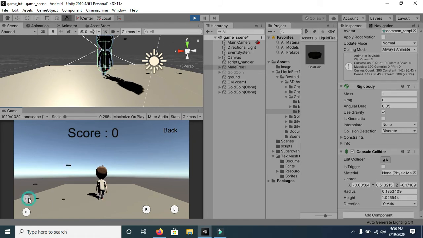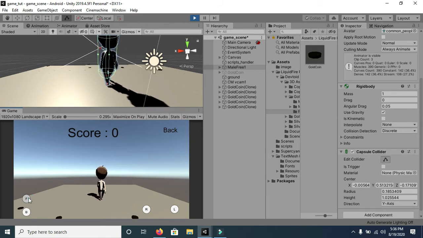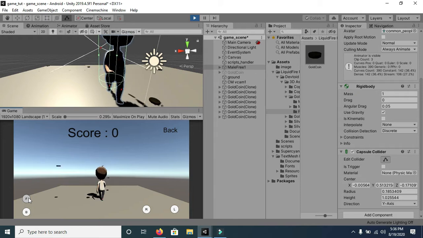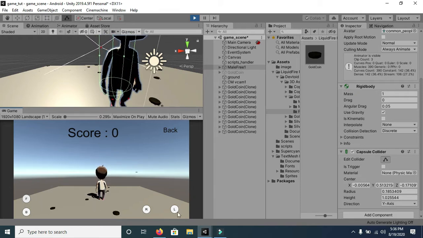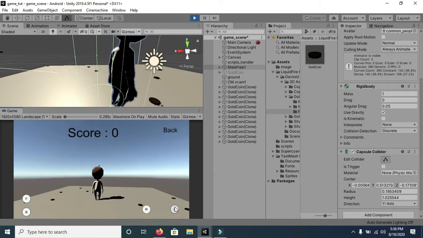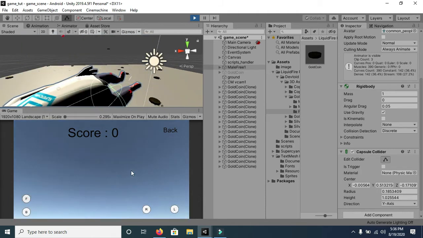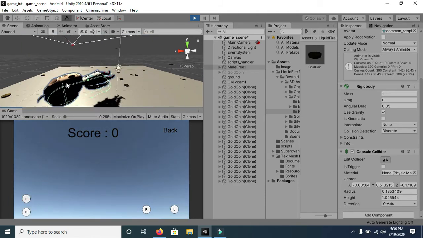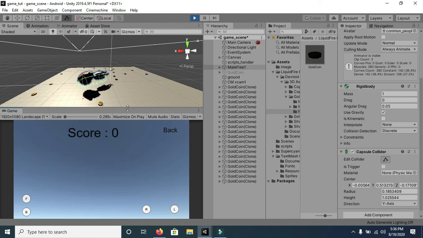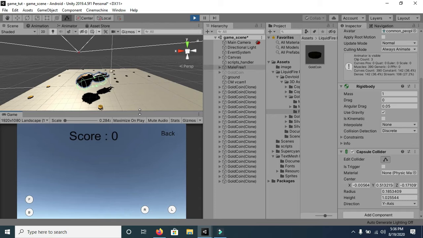Now if I move it, you have seen that our player has fallen, and this is because this player is colliding with the gold coins. According to physics, if any game object collides with other game objects, they both apply force on each other, and that's why this 3D player has fallen.